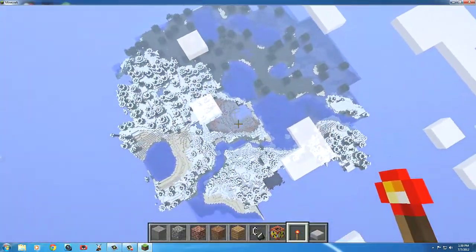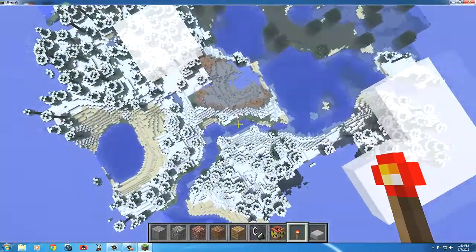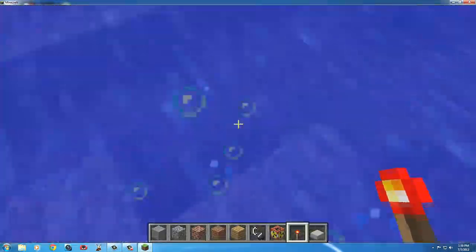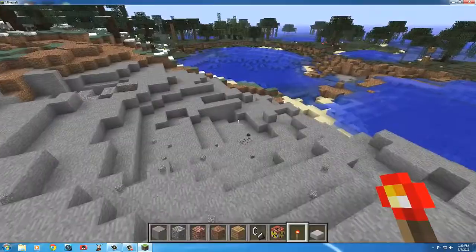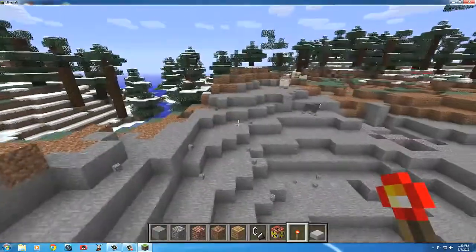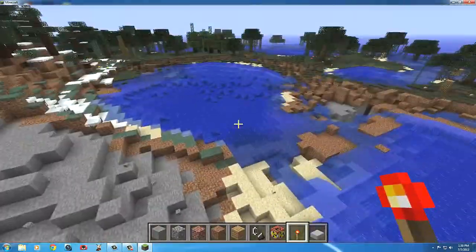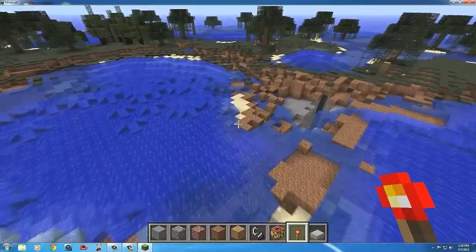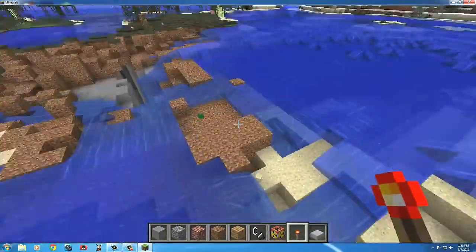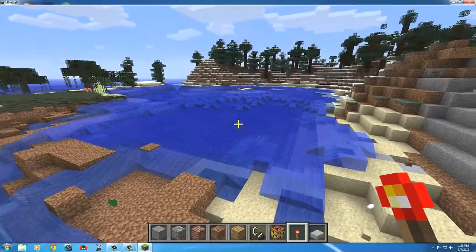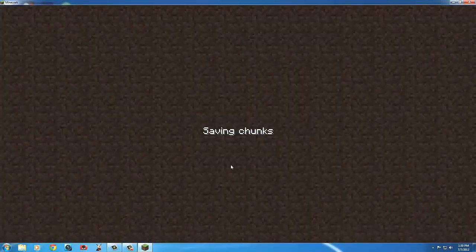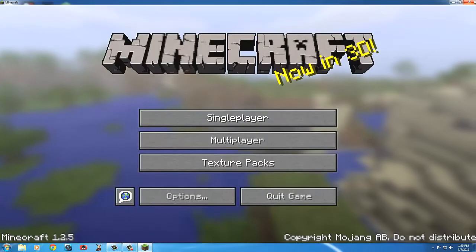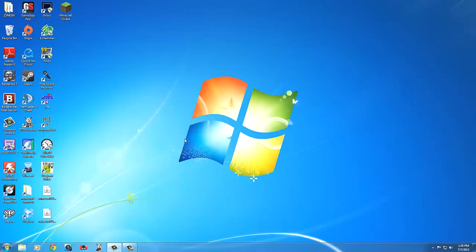What? That was hilarious. Splash. Oh, that was hilarious. I've never done that before in Creative. Wow. Why did it make such a giant hole? It actually got rid of the water sources too, which I love when that happens. Okay, clearly it worked. So there you go. I'll delete that later. So that is how you go about installing Industrial Craft.